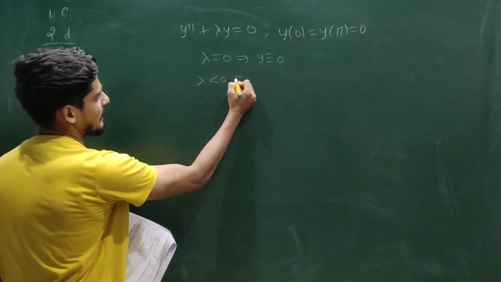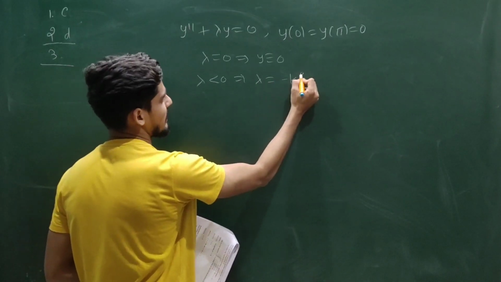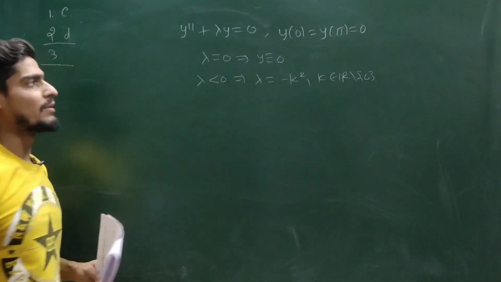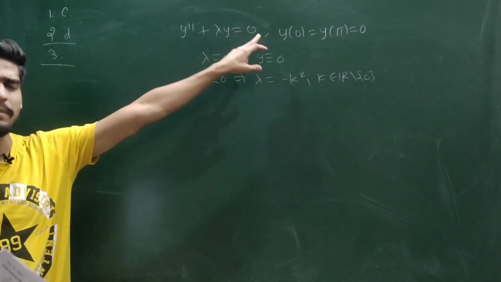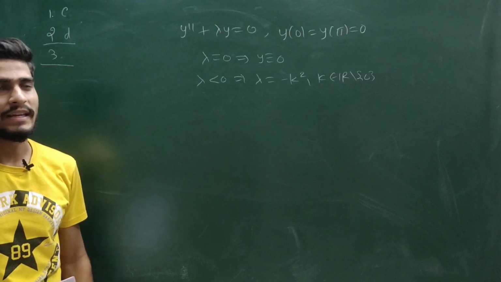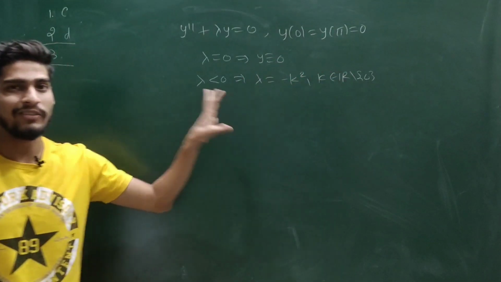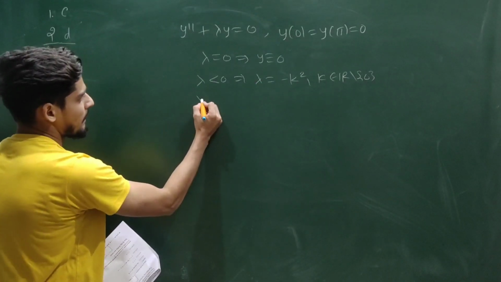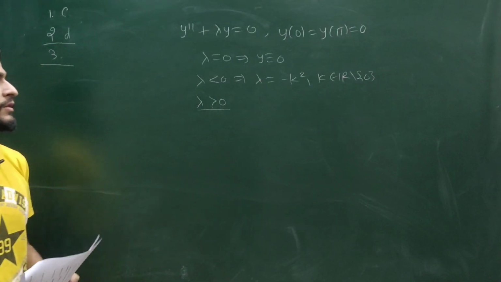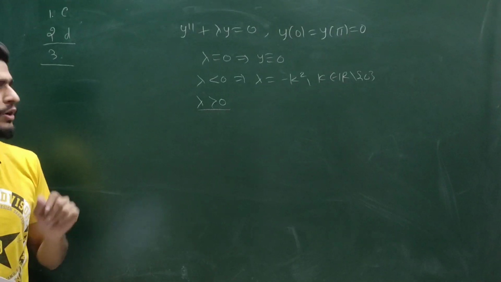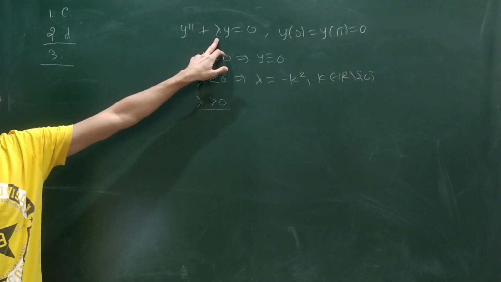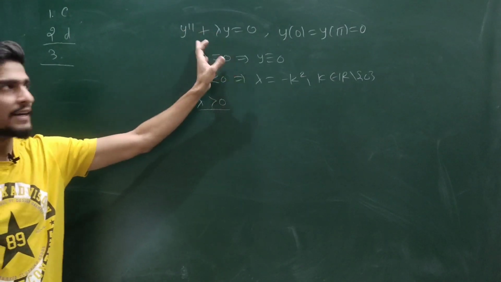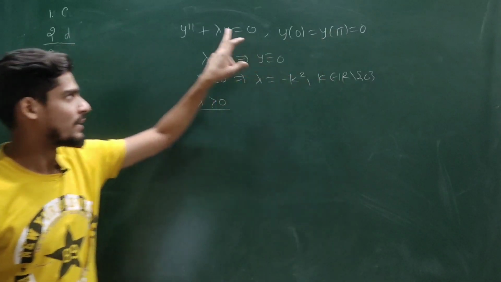If you choose lambda to be negative, then you put lambda as, say, minus k square, where k is some non-zero real number. Then your solution will look like c1 e^(kx) plus c2 e^(-kx). But if you apply your conditions, your c1 and c2 again will be 0. So you will get only the trivial solution. Those I am leaving to you. And there is one more standard technique I have told in the theory lecture, how to say whether lambda is positive or negative by directly integrating. You just multiply this equation with y and integrate from 0 to pi, then you will find your lambda will be non-negative.